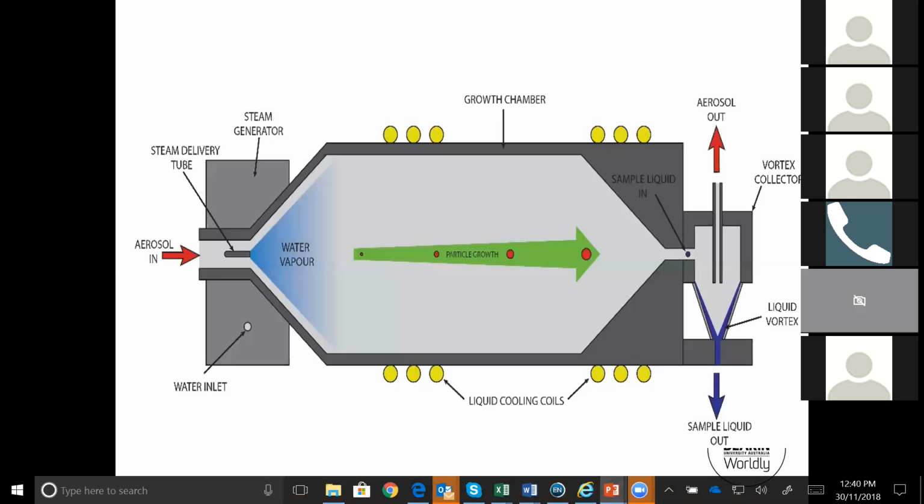Now the whole part here we call the growth chamber. It's an aluminum growth chamber, and as you can see here, we are cooling the mixture and allowing time for particle condensational growth to occur. The chamber is actively cooled with a liquid coolant to prevent any excess heat buildup in the system from the steam supply of the aerosol sample. We tried to do it with a passive cooling system, but it was less efficient, and it was not really good for some warm aerosol sources such as engine exhaust or high temperature ambient conditions, etc.